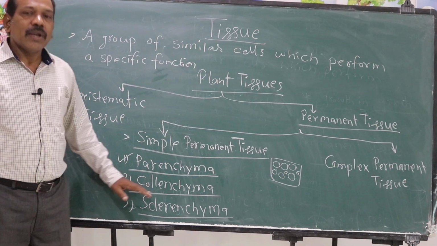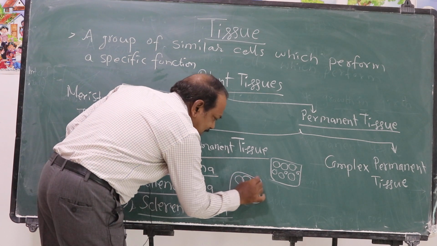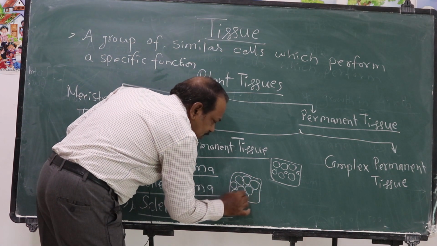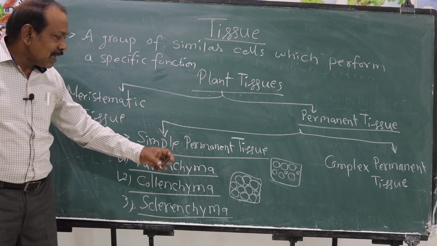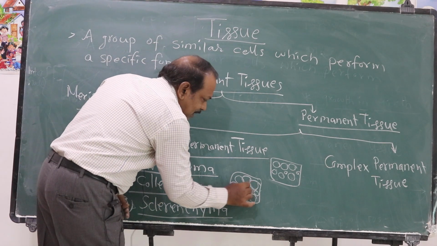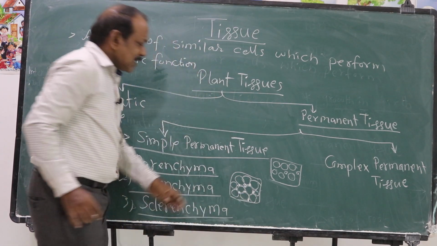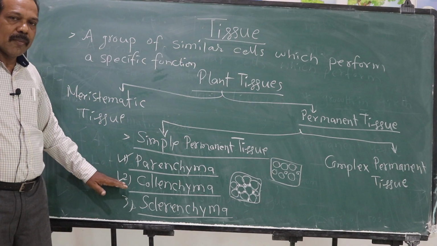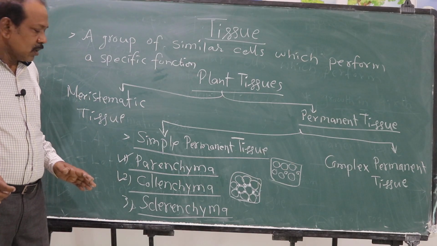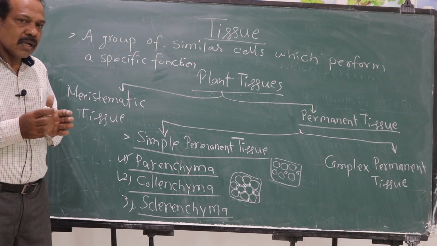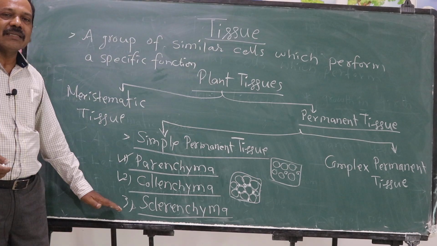When it comes to collenchyma, cells are closely arranged. When the cells are closely arranged, the gap between the cells is minimized. Intercellular spaces are minimized and they are thickened at the corners. Thickening at the corners, with less intercellular spaces present. And finally, if you see the sclerenchyma, there are no intercellular spaces at all. Cells are compactly arranged, touching one to one, avoiding intercellular spaces, and most of these sclerenchyma cells are dead